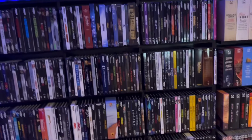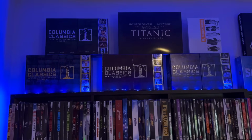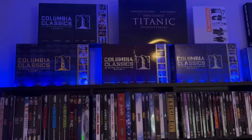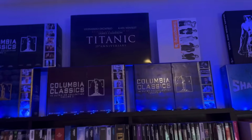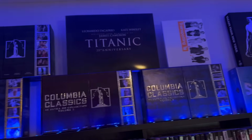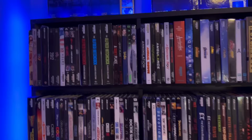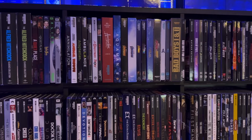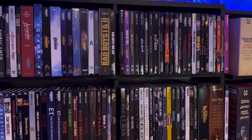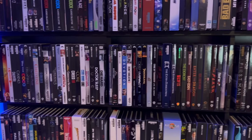And this is on my 4Ks over here. Now my 4Ks have been over here for a while. I got all my Columbia Classics up top. I'll be getting the 5th volume whenever it lowers way down in price at some point. The Titanic 25th Anniversary Edition, Trainspotting on 4K. And all my 4Ks are in alphabetical order. Now, this does not include any of the boutique stuff. This is all studio 4K releases because I like to keep my boutiques together. But it's all in alphabetical order as far as the studio